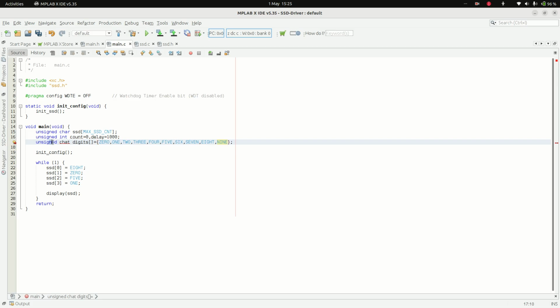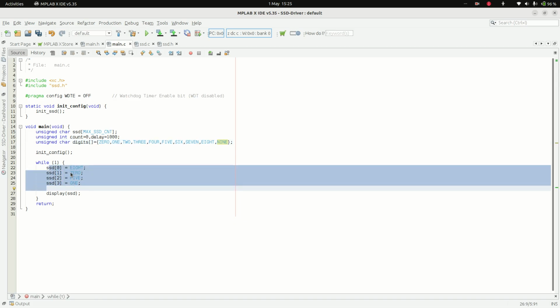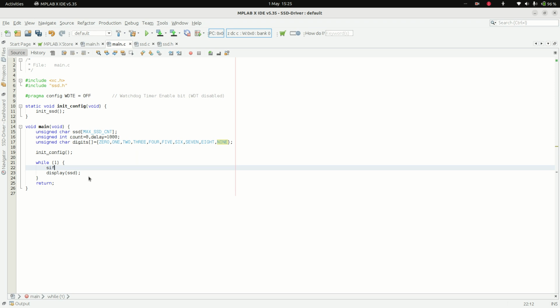Yeah, that's it about the declaration. Sorry, this should be char, it is a data type. So inside the while loop I am not going to write any hard code like this. So here inside the while loop, so if